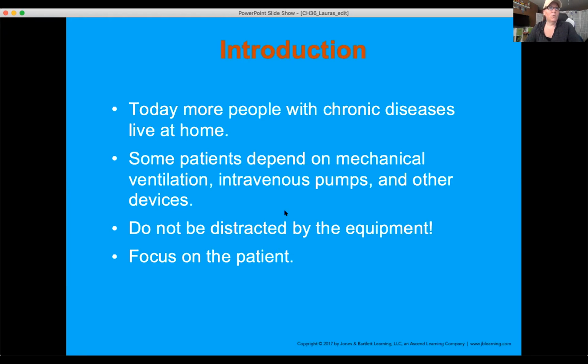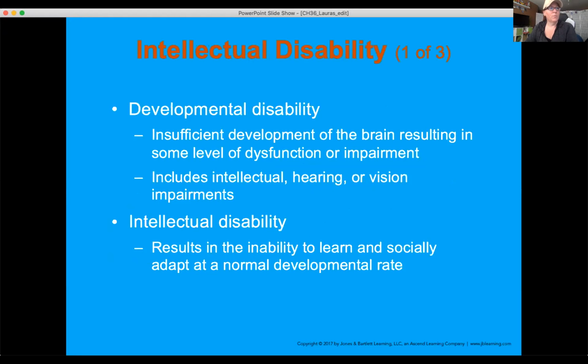All right, so when we talk about patients with special challenges, the big thing is understanding that mechanical devices can be present, and being at least somewhat familiar with mechanical devices. Don't get distracted by the fact that these patients have pre-existing conditions that require medical devices. Make sure you're treating the patient and what's going on today, right? And then being familiar with what your capabilities are within your scope as well when it comes to these sorts of patients.